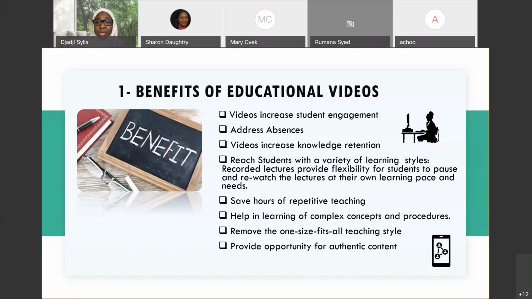The video also increases knowledge retention. Why? Because with a video, students can connect with you easily. They can hear your voice, and they can see images as well. According to a study, 65% of people are visual learners. So the video offers some visual cues, and people can also hear your voice,